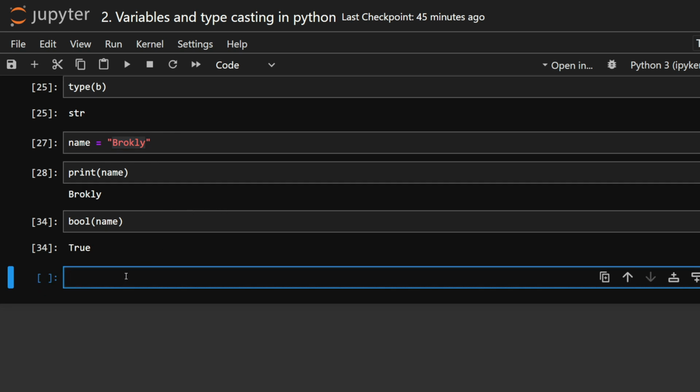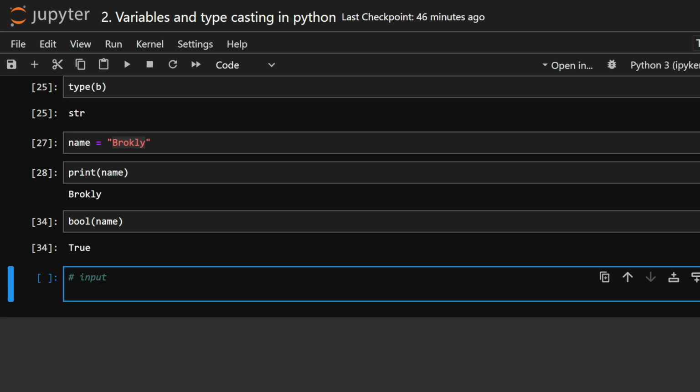So now let's check another thing. Suppose that I don't want to assign the values to variables myself. I want the value of the variable to be assigned by the user. So how can you do that? For doing that, we simply use the input feature in Python. So I'm writing here input, and here I'm writing age equal to, and here we need to define the data type. What type of data are you taking from the user? So I'm simply writing here int,